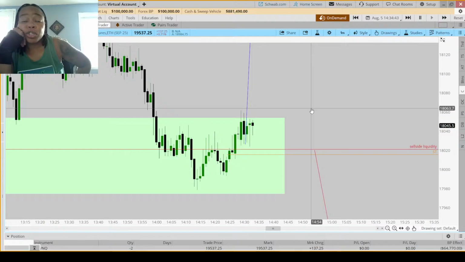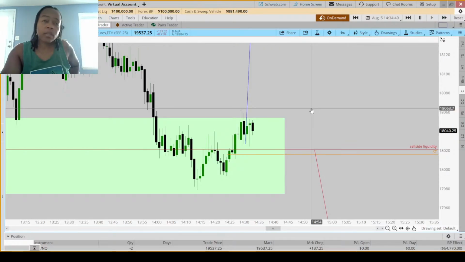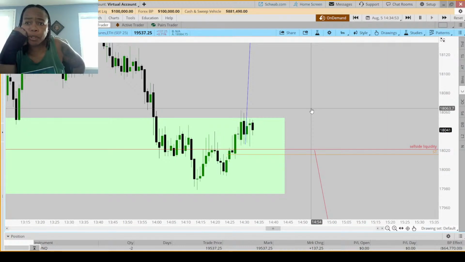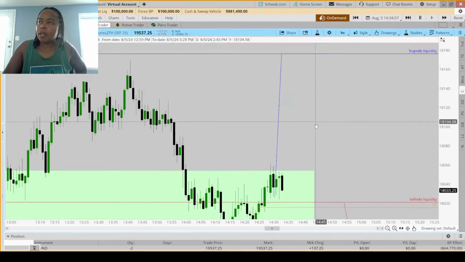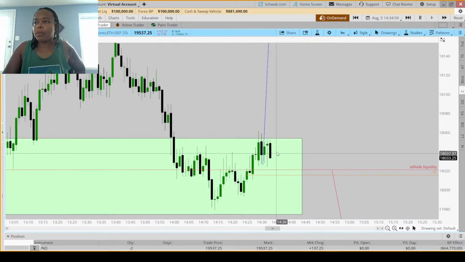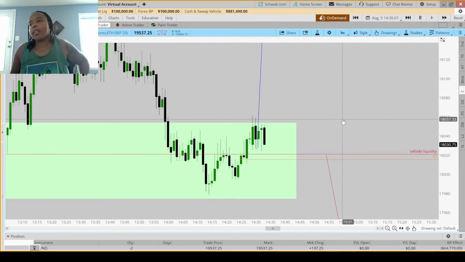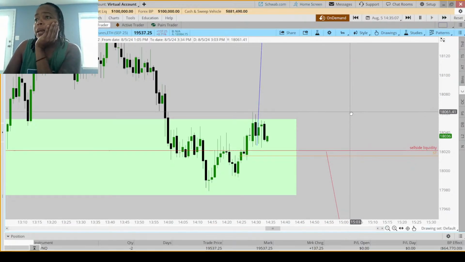But we're traders, right? Or at least we're trying to be. And we just got to deal with it. Since I can't set the order for it to show, we just have to use our little trend lines to show where I would have wanted my entry. So I don't like the behavior already. It hasn't left the area. We're just poking about.